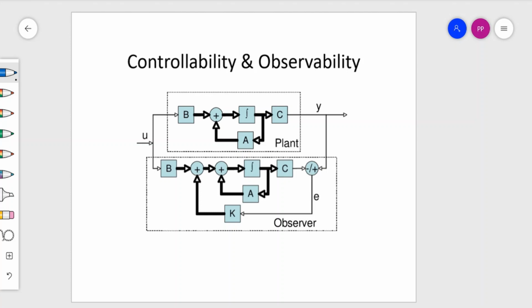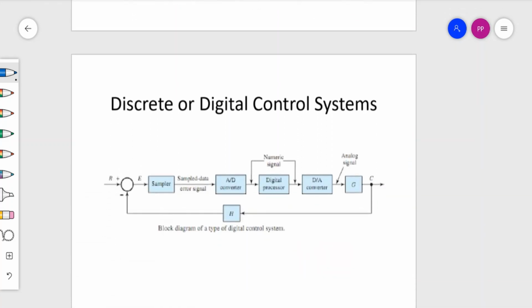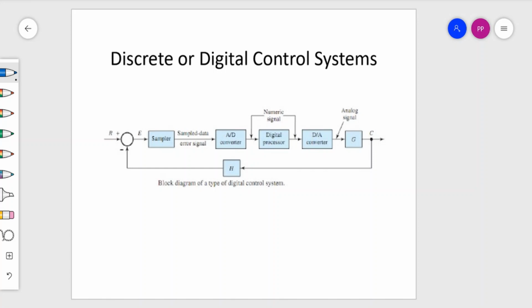So going further to the second unit, which is the discrete systems, also in the control domain we will call it digital control systems. Here a block diagram is shown, which is a special extract of the block diagram we have studied in control systems. You can see that the error signal, which is a comparison of the reference input and the output measured back, passes through a sampler. You will see that sample and hold circuit. In your experiment also you have the zero order hold and first order hold, so you will understand better in this course.